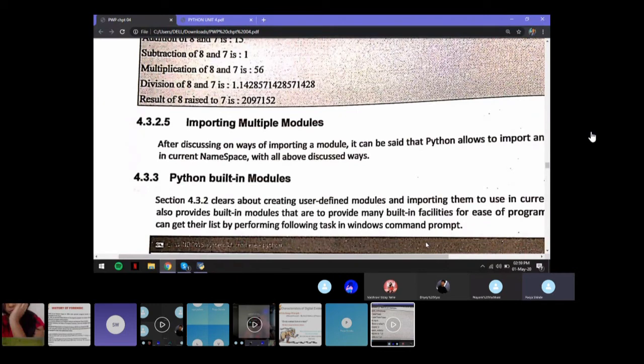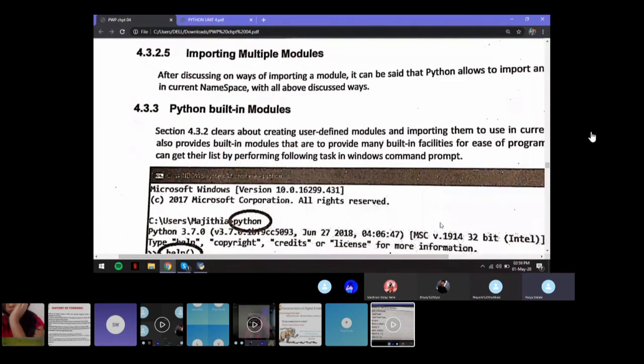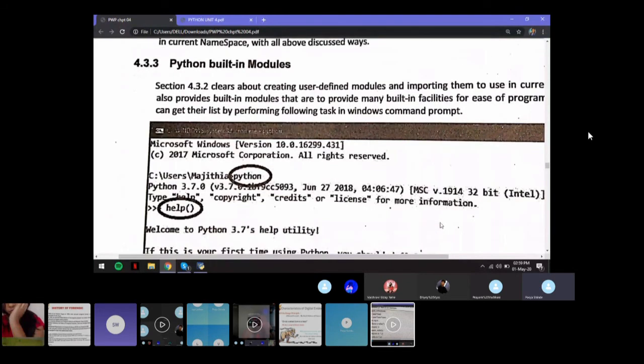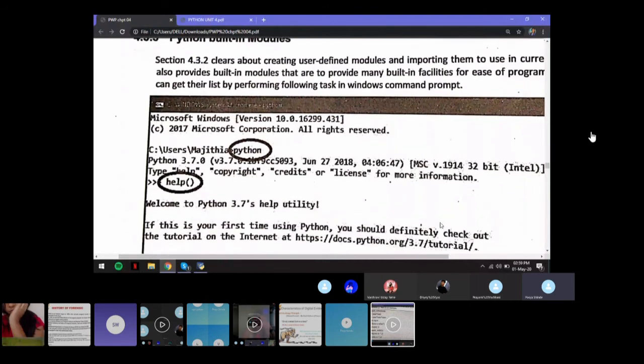Now Python also has some built-in modules. So let's go through them.